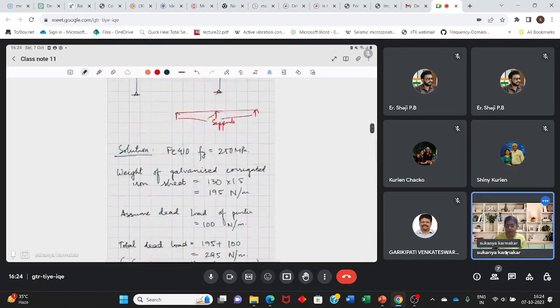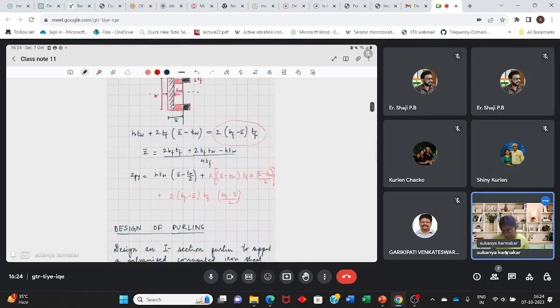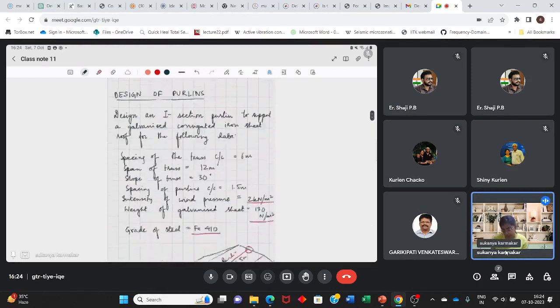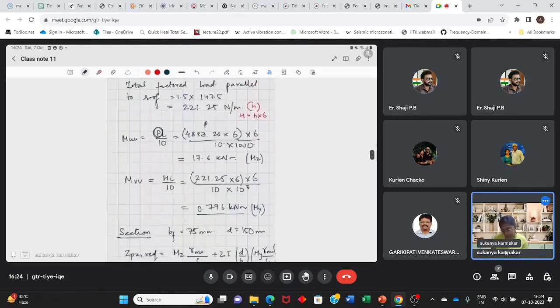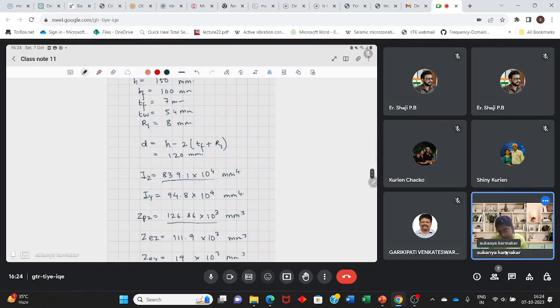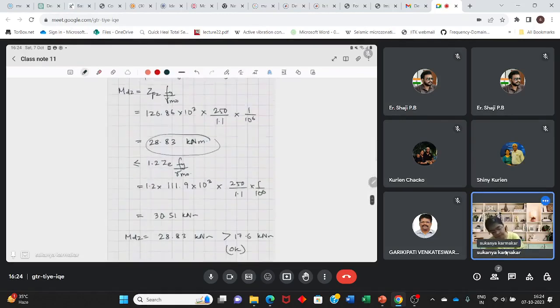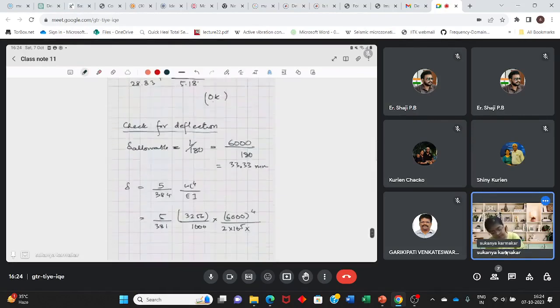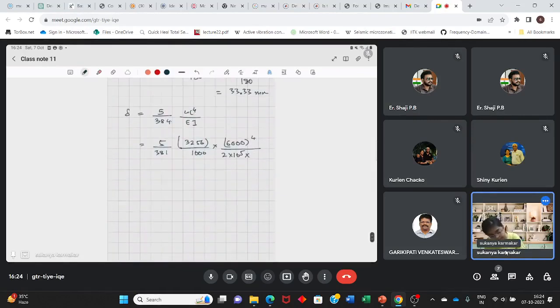I about the major axis is also mentioned: 839.1 into 10 to the power 4. This you will get to be